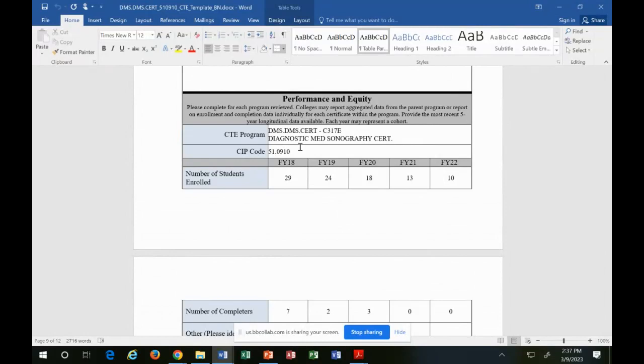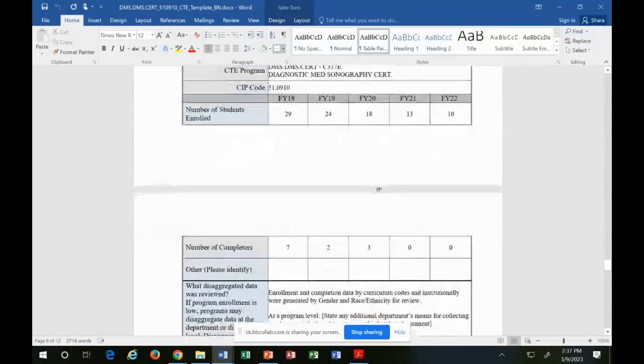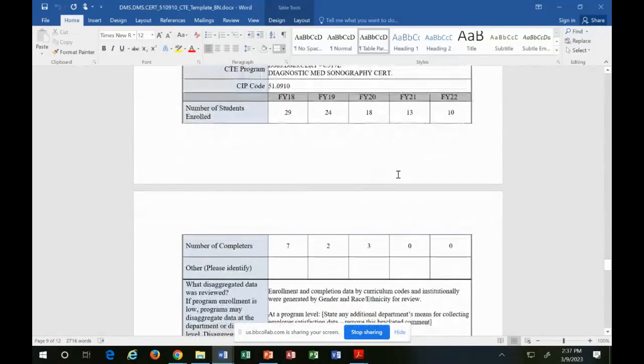We look at how we are helping out the community, or how we are representative of what's happening in the community. And just a heads up, we are going to be receiving new data, especially from the institutional level, if I'm correct. So, for example, for this program, these are the number of students that are enrolled,